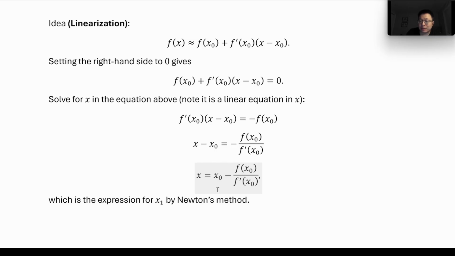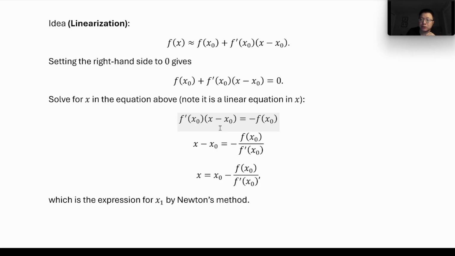So notice that this is exactly the x1 in Newton's method. So now we can just repeat this process. You replace all the x0 on the right hand side by x1, and you get the new iteration, which is x2. And that's exactly Newton's method. So the idea of Newton's method is to locally linearize the function and then solve a linear equation. And we do that iteratively, and hopefully the sequence produced by this iteration process will converge to the exact solution